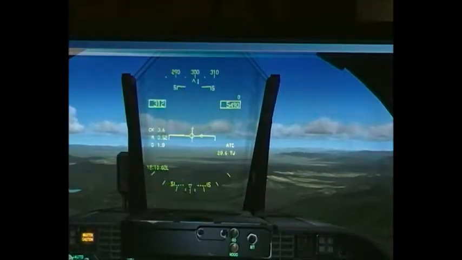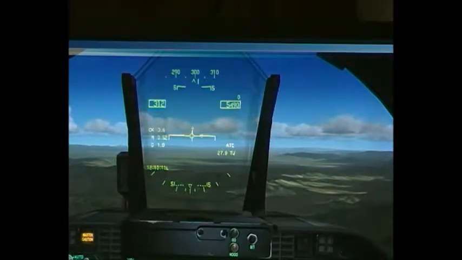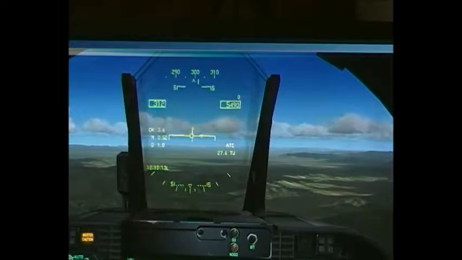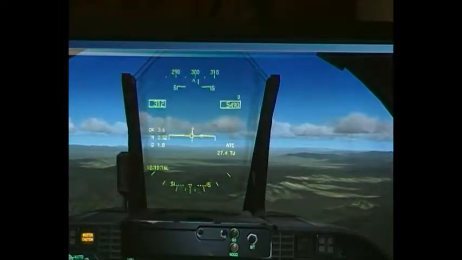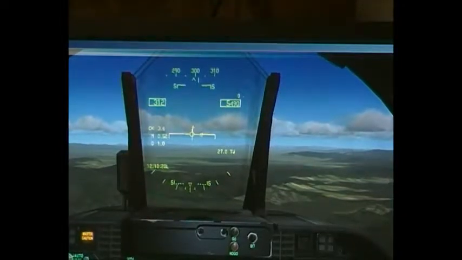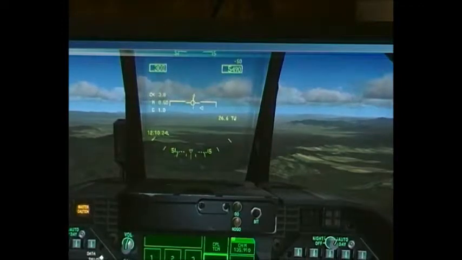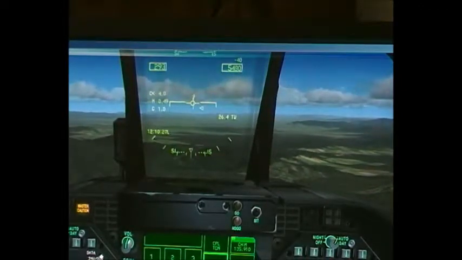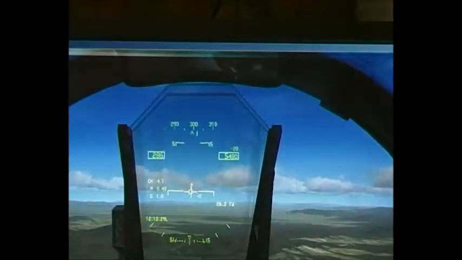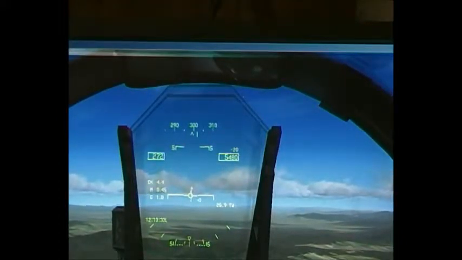What I need to do now is to reduce the speed to 240 knots, because you can't put the undercarriage down above 240 knots. So what I do is reduce the throttle and press Control R, and the speed will come down. You want it to be 240 or just a bit less,